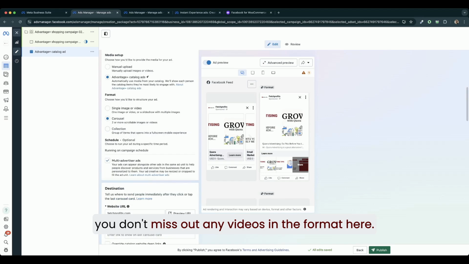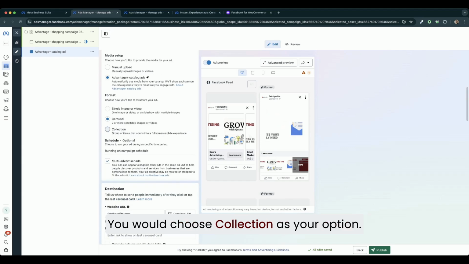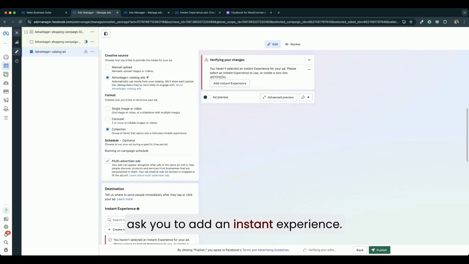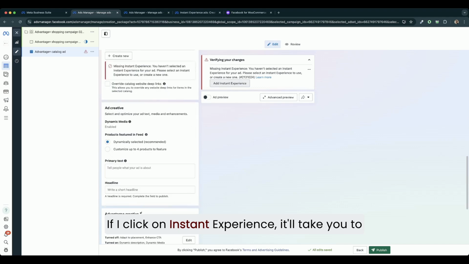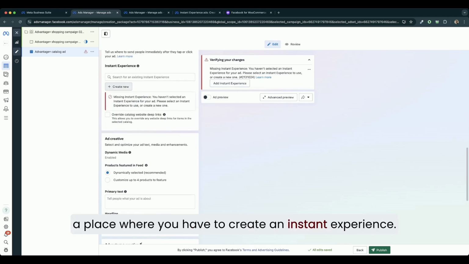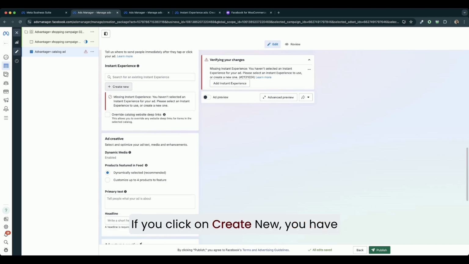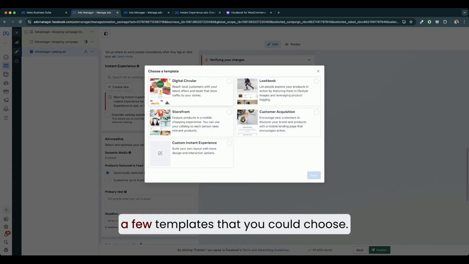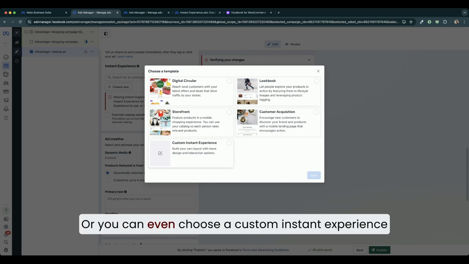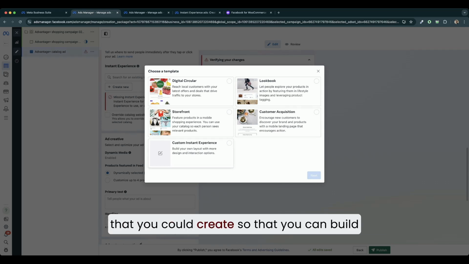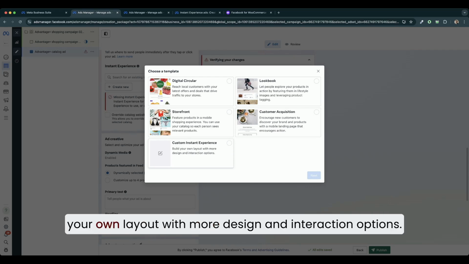In the format here, you would choose collection as your option. If you choose collection, then it will ask you to add an instant experience. If I click on instant experience, it will take you to a place where you have to create an instant experience. If you click on create new, you have a few templates that you could choose, or you can even choose a custom instant experience that you could create so that you can build your own layout with more design